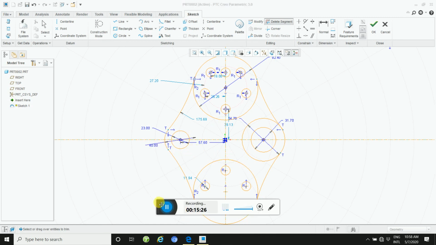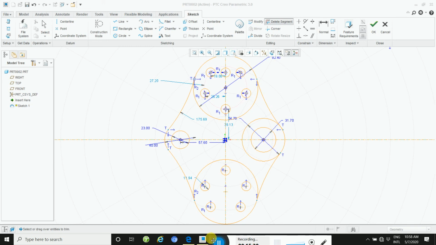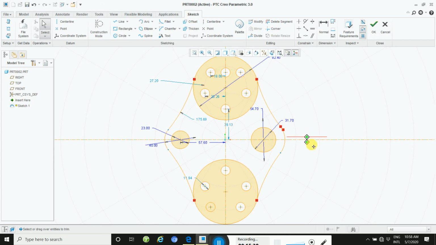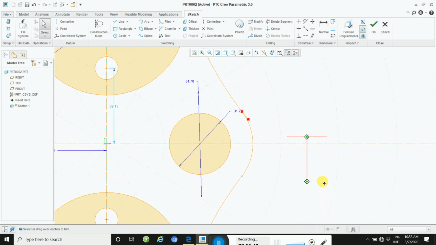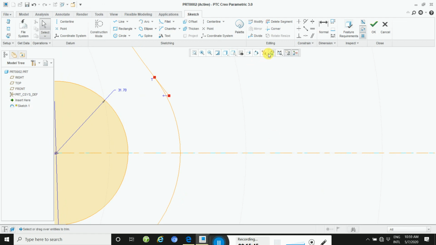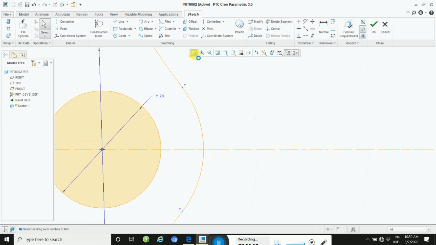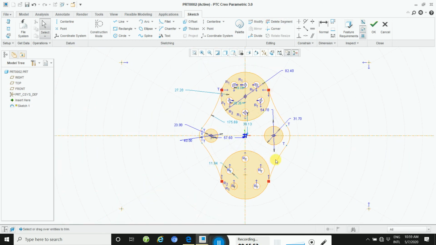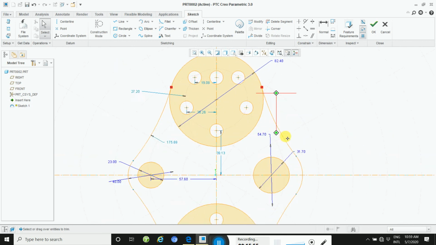So let's delete all the extra here and this way. Okay, and then zoom out. You need to trim this area. So apply trim this way. And you also need to apply trim here.